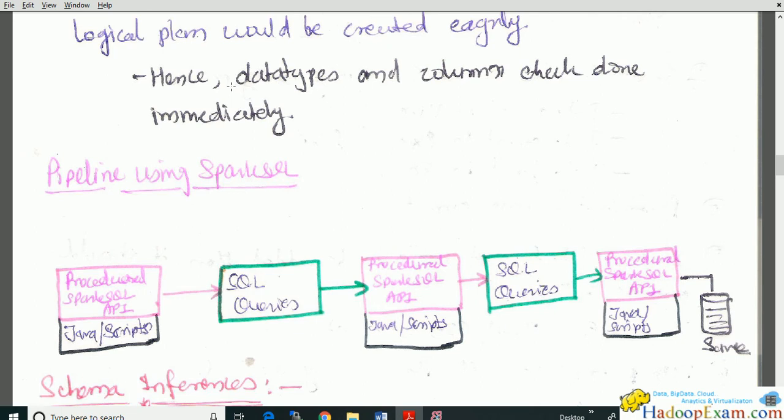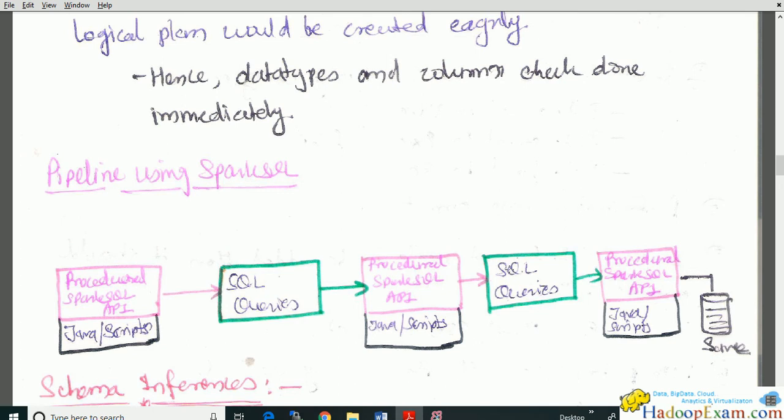People use ETL tools, or they write their own custom programs: the first module does these things, the next module does these things, the third module does this, and they create the entire pipeline, transform the data, and finally save it. Similarly, in Spark you can create the pipeline, but the advantage here is you don't have to write some part in Java, some part in a shell script, then some code in Spark SQL and some code in